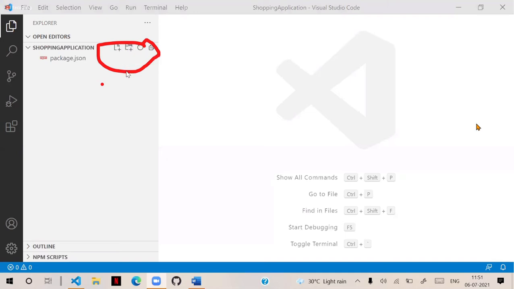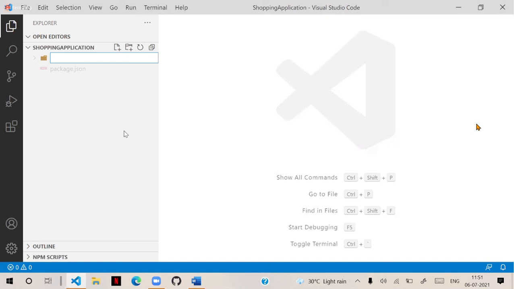Now what we need to do is click on this new folder button. So let's go into the new folder button.